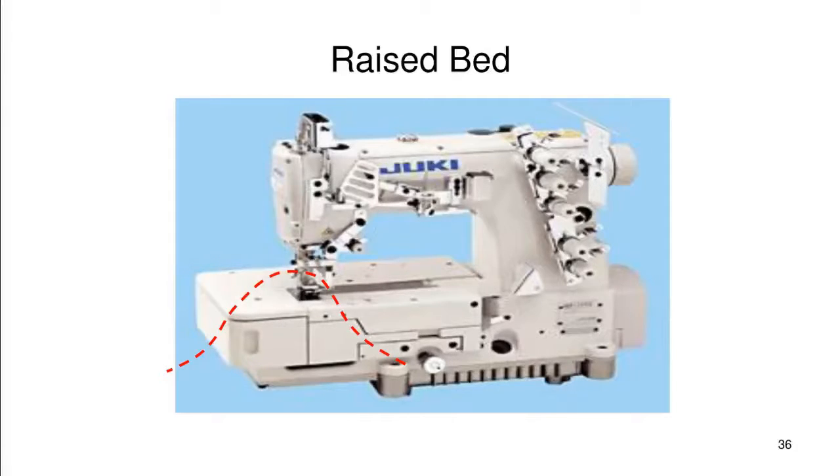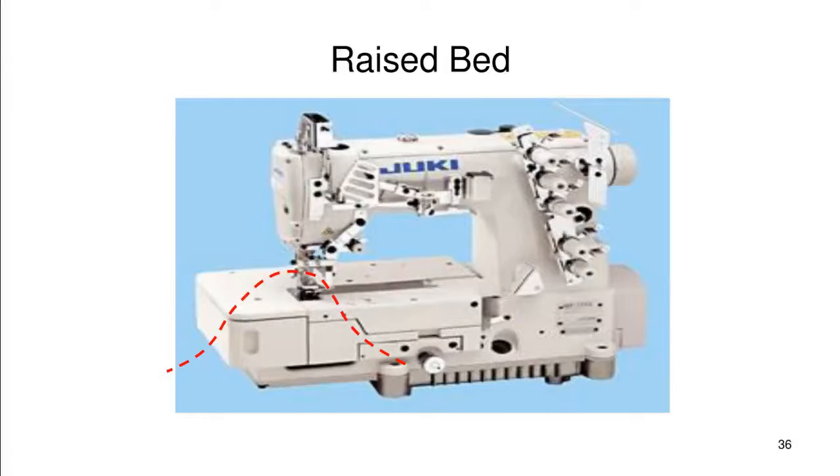It can be round neck or it can be crew neck. Imagine a t-shirt has already been made fully, and now you have to work on the neck area. How would you do it on a flat bed? In case of a raised bed, you can hold the area where you need to do the operation and put that area to the needle area, and the rest of the garment is going to fall on the lower surface. So this raised bed is going to help you in doing that localized operation in semi-finished or complete